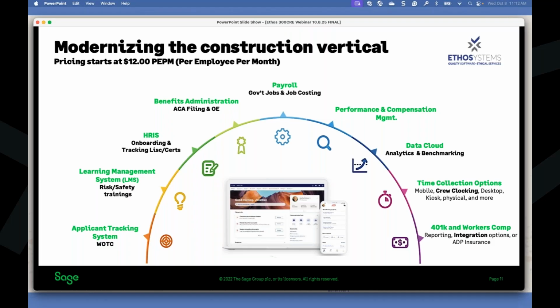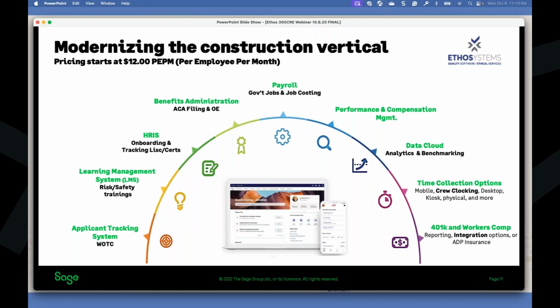Through onboarding, getting them taking their risk and safety trainings, that is all embedded within the tool. Tracking certifications, licenses, employee profiles, electronic onboarding. When open enrollment comes to enroll in new benefits, that is all in the same tool. Obviously, the payroll side, we can handle the job costing, of course, performance and compensation management. We lean heavy on analytics.